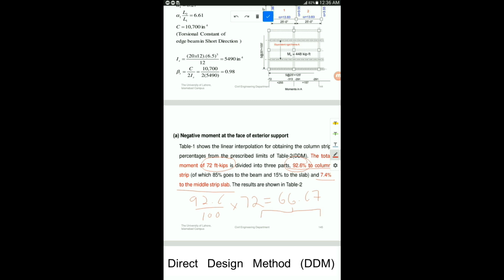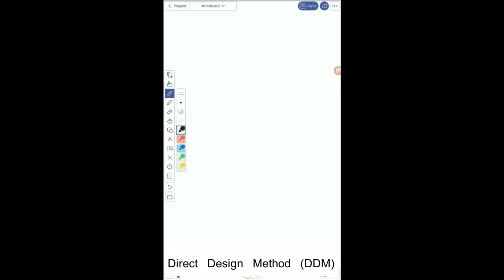This is column strip. I'm gonna write CS. So you have to distribute this moment into column strip slab CSS and a beam. So we already discussed that beam will gonna take 85% of this moment and 15% will gonna go to column strip slab. So I'm just gonna do this calculation for you as well. 66.67, I'm just gonna write it here. 66.67,